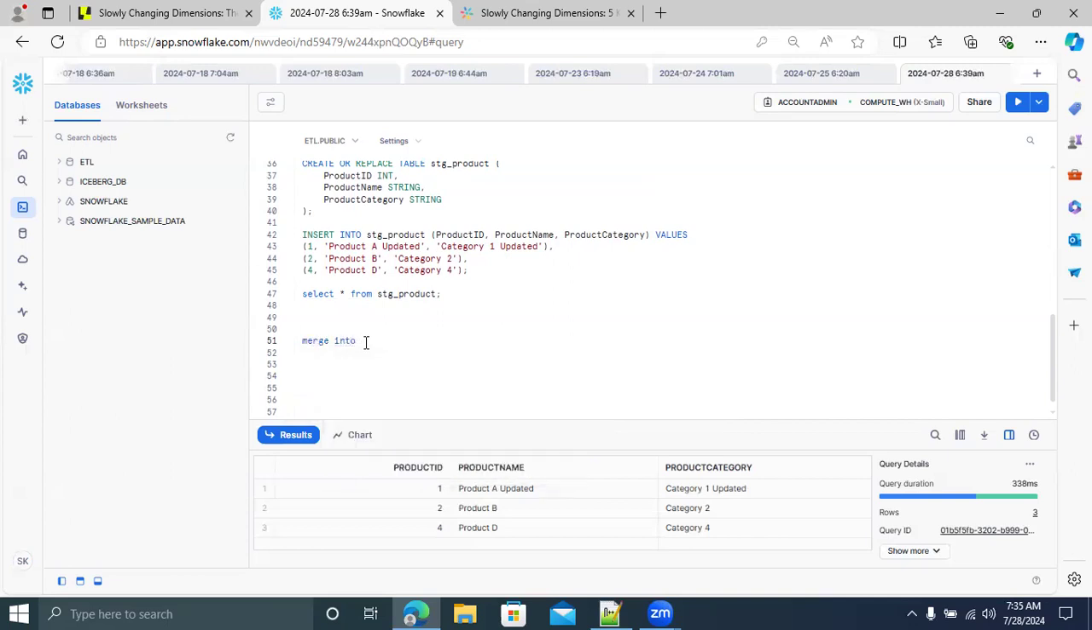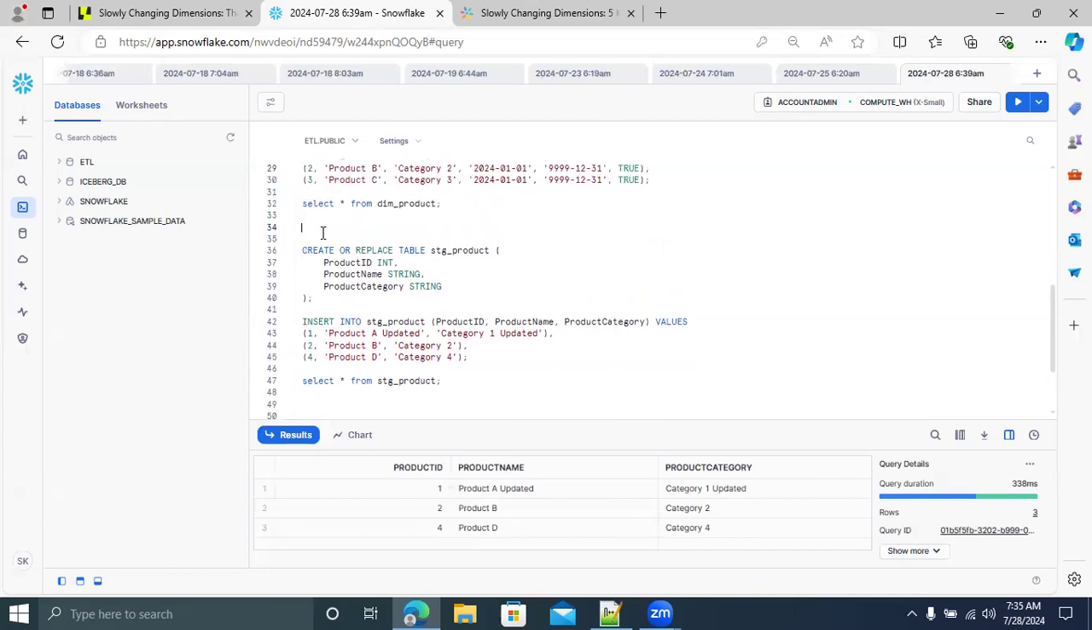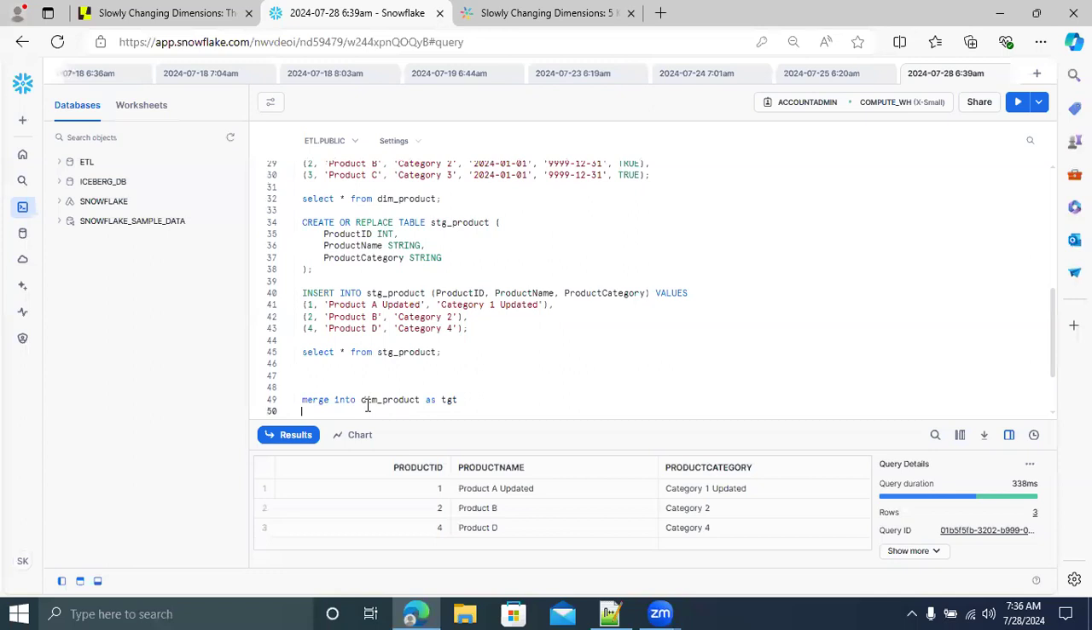Merge into. Which table do you have to compare? Dimension product, dimension underscore product, Products. And then give the alias name as TGT, target, and then